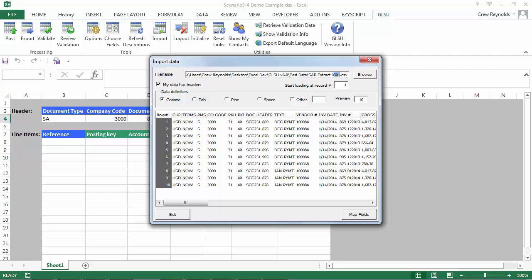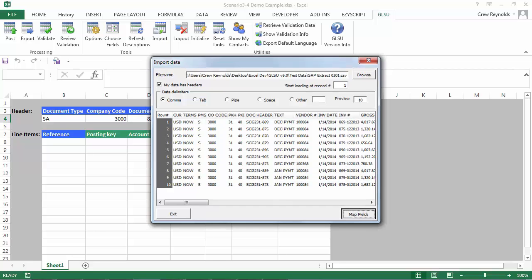This could just as easily be vendor incoming file 0804. It's whatever file you have, go ahead and find that. But for this example, I've already pre-selected a file so that we can just go through this quickly. We've got some more things to learn in scenario 4, so I want to keep this section short. I do have headers in my file. I'm going to go to map fields,